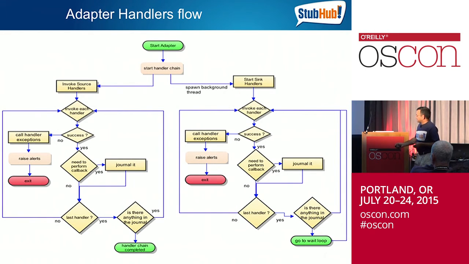And then we check, is it the last handler, right? If it's the last handler, then you check the journal to say, look, I'm done running through one series of handlers. Is there anything I need to go back and call back? And then it goes into the loop there, right? And then the whole thing continues. On the other hand, if there is nothing in the journal to do, it's going to exit and you're done for this part of the ingestion, and then it goes back to the loop again, right?